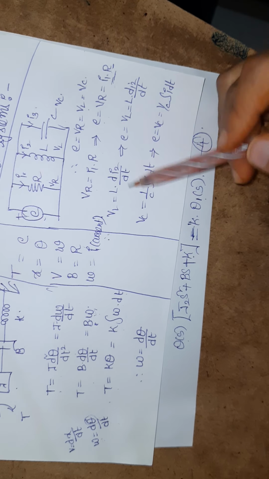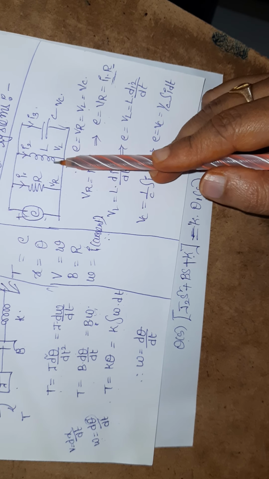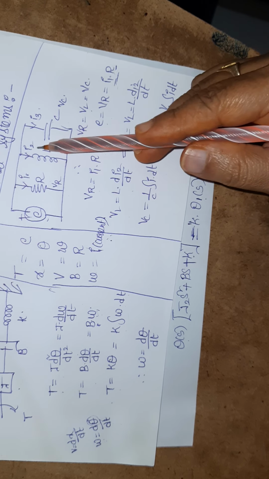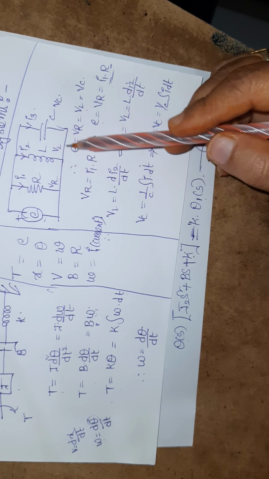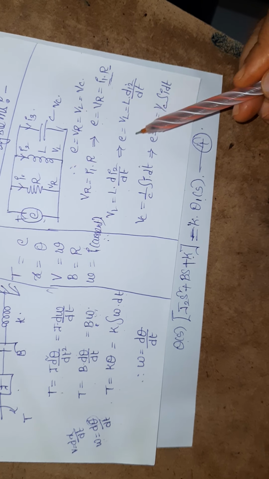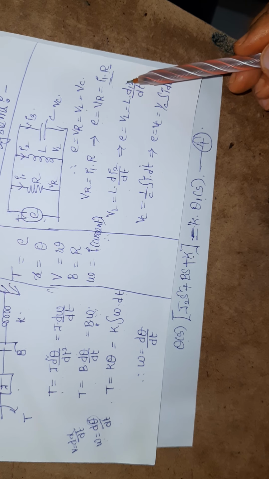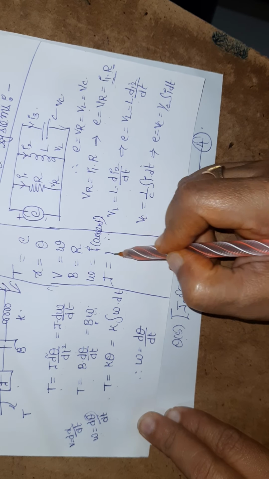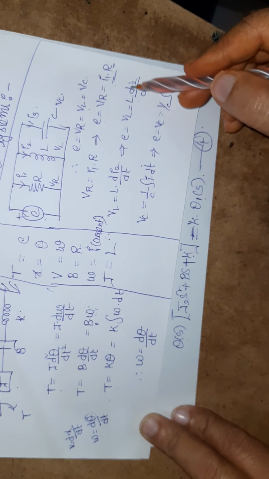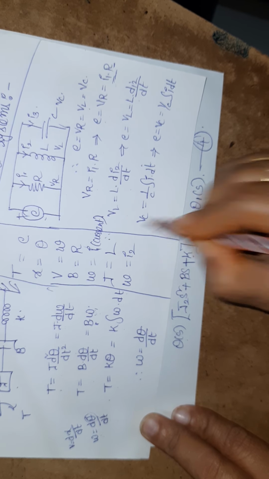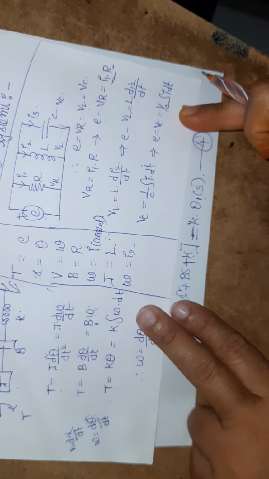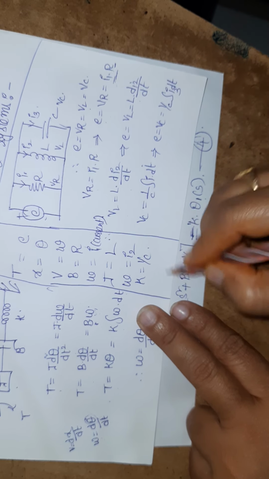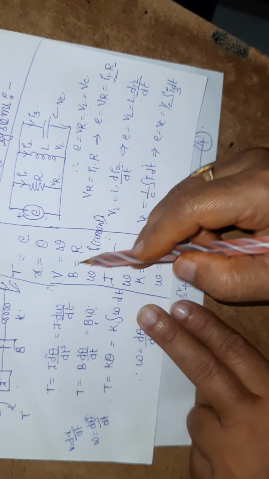Next, similarly, we apply Ohm's law for the inductor. So VL is equal to L into di2 by dt. The applied voltage is always equal to the voltage across the inductor because these two are in parallel. If I compare L with the differentiation term, J with the differentiation term, J is fixed, L is fixed. So J is nothing but L here. d omega by dt, di2 by dt. So omega is nothing but the current I2. Next, similarly, compare these two. I will get K as 1 by C and omega as I3. So omega is nothing but the current.